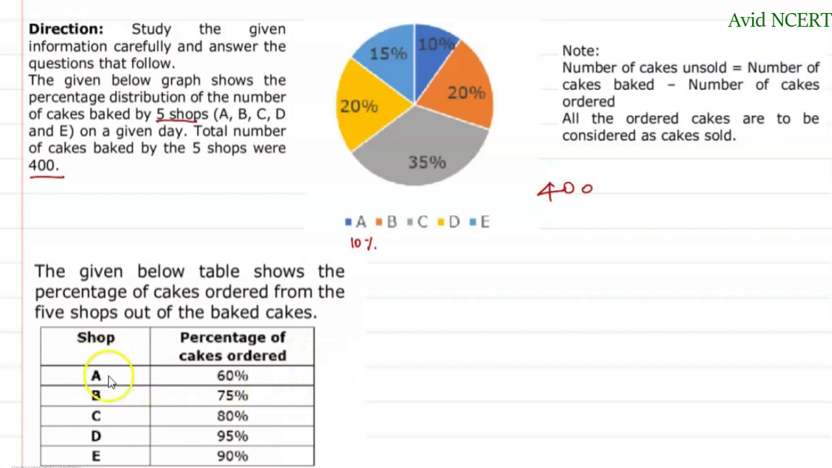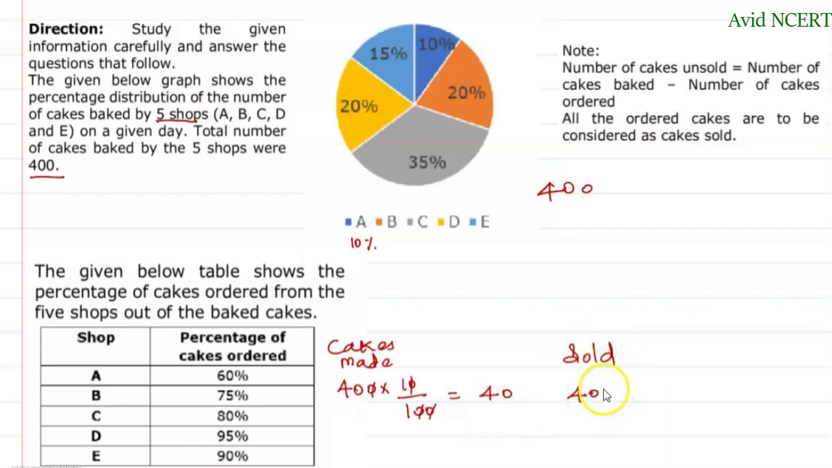For shop A, out of 400 cakes, it made 10%, that is the cakes made. So out of this 400, it made 10% of cakes, 10 by 100. The zeros get cancelled, which equals 40 times 1, which is 40. So out of 400 cakes, it made only 40 cakes. And out of these 40 cakes, 60% were ordered, which is sold. So the sold cakes here is